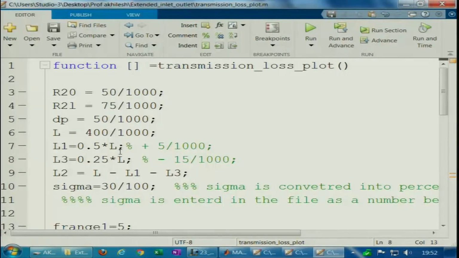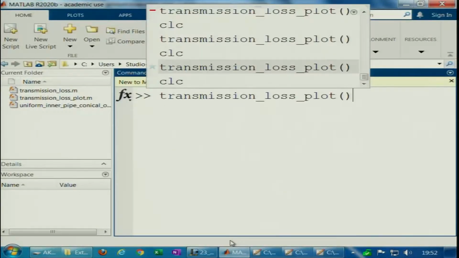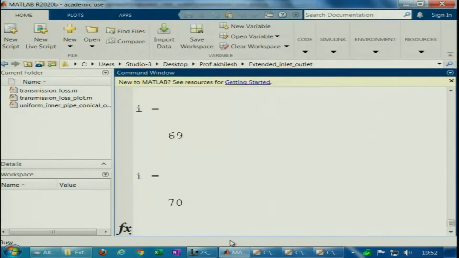The reason is that in a CTR configuration, to find the tuned length, we usually start off with 0.5 L and 0.25 L respectively, and then, because of the lumped inner holes, you see the performance does not quite get tuned at 0.5 L or 0.25 L. You need a relatively shorter length of the inlet and outlet. So, let us run this code for exactly 0.5 L and 0.25 L and see what we get. Most likely we will get a dip at the first and second axial resonance peaks.